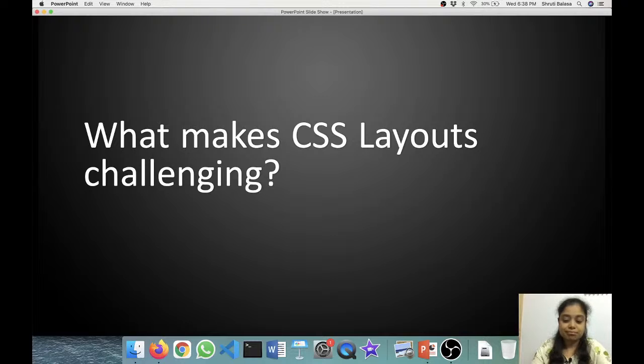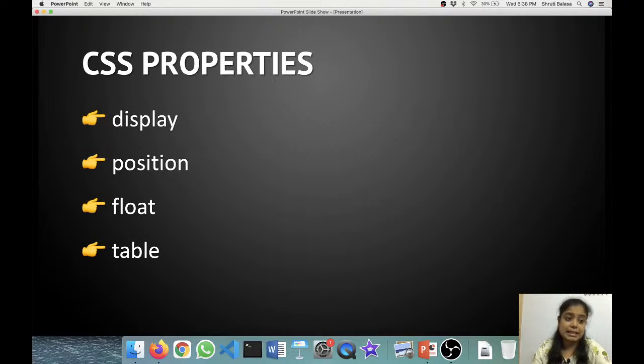Okay, so coming to CSS properties that actually help making layouts. To be honest, there are only these 4 properties that will help you achieve the layout that you want. I'm not talking about the font size, the colors, or the spacing as such, because they are very easy. Anybody getting started can quickly figure out the font size. You just try various font sizes, you can get it right. Colors is actually even more easy, and all those things. Those properties are not the ones that are challenging, but it is these 4, that is display, position, float, and